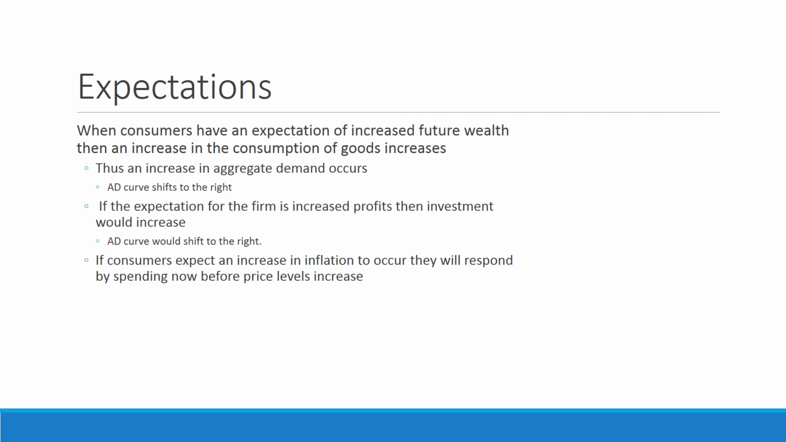the right. So if consumers expect an increase in inflation to occur, they will respond by spending now before price levels increase. So they're trying to catch it while price levels are still low, resulting in an increase in aggregate demand and thus a shift to the right with no change in price levels. So we see this constant shifting to the right, no change in price level, shifting to the left, no change